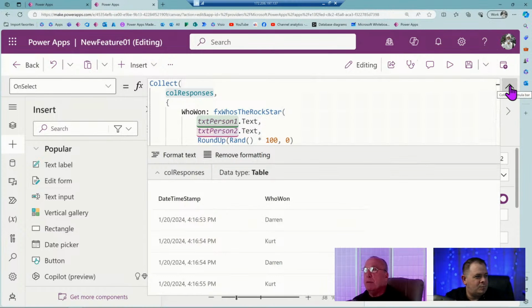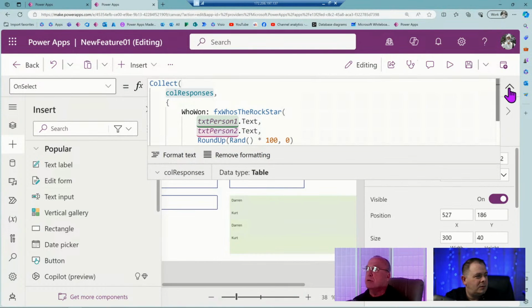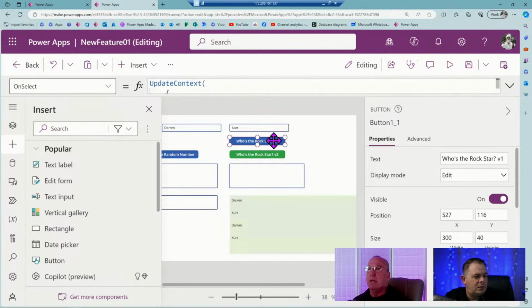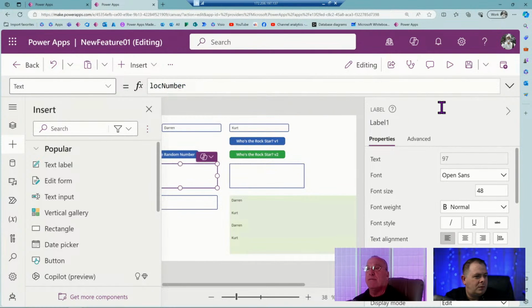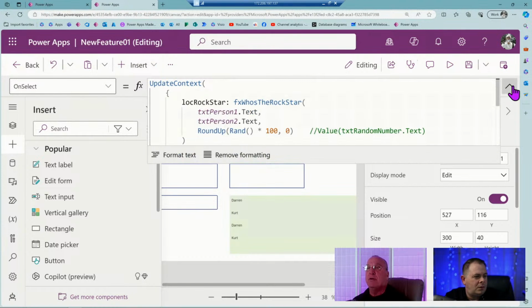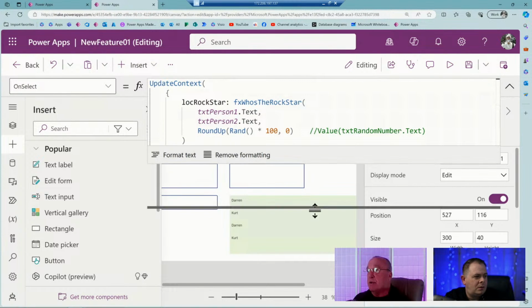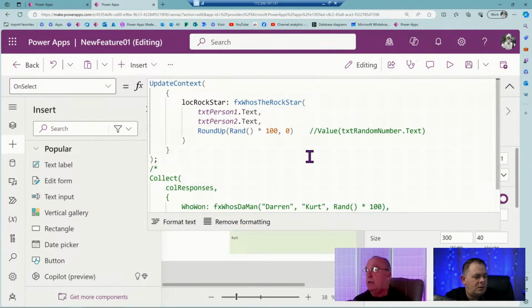Right. But what I was asking was, in that label where we had the original call, if you could go to the label where we said "who's the Rockstar," version 1. Okay, you've got version 1, version 2. So it's not going to update that label with the current winner every time. What label do you want to update? Well, that's the one we started this off with.